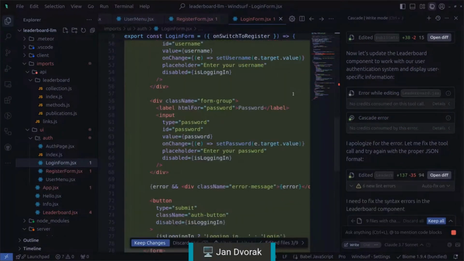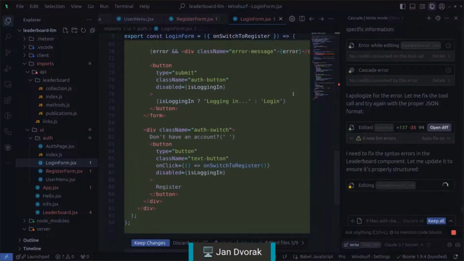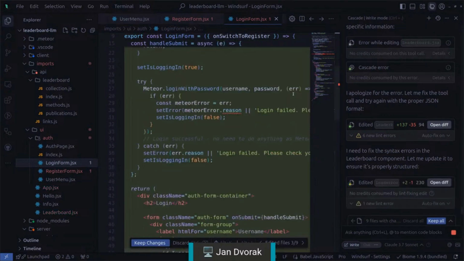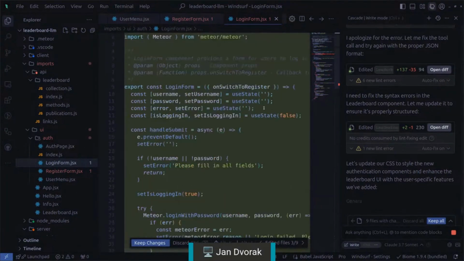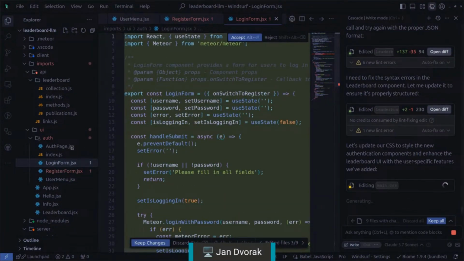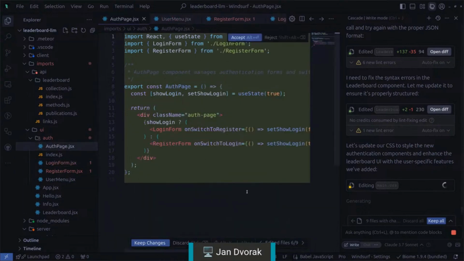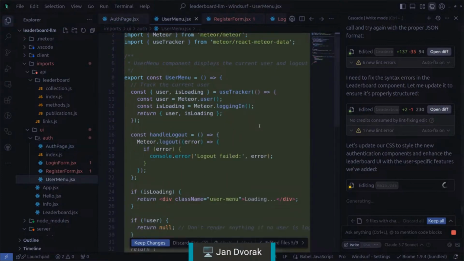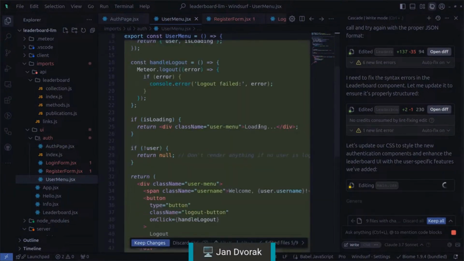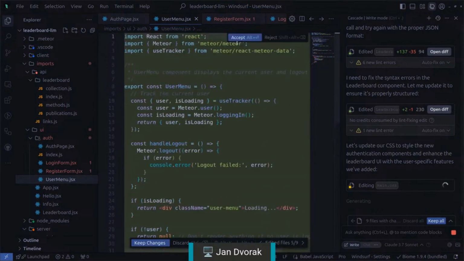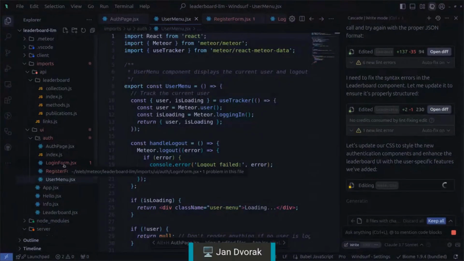So here we have the login form. I've seen an error. Still working on it. Just Meteor error.reason. Let's see, and we have the auth page. Let's see how now it's in the CSS, so maybe it's going to the end. We have the log out. So let's see, maybe it's going to create like a multi-page